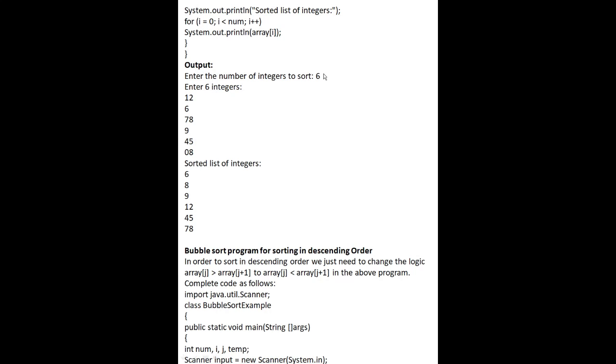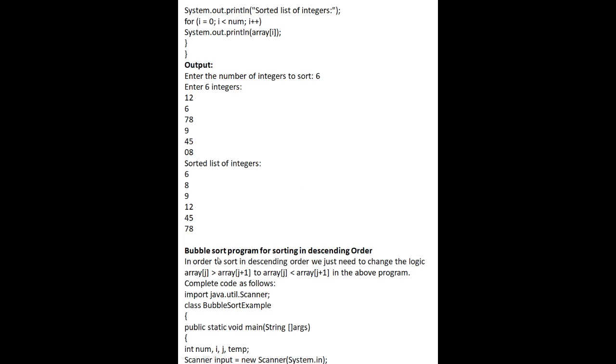If we have entered 6 integers, 12, 6, 78, 9, 45 and 8, and we want to sort them in ascending order, then it will be 6, 8, 9, 12, 45 and 78. This type of output will be produced after sorting the array.